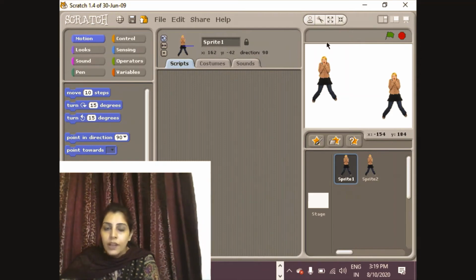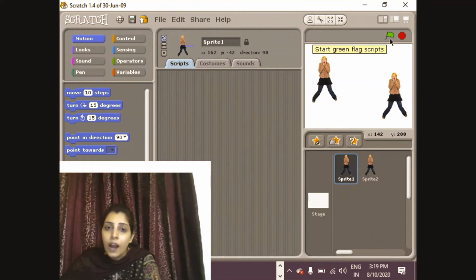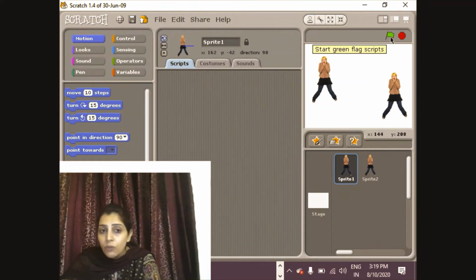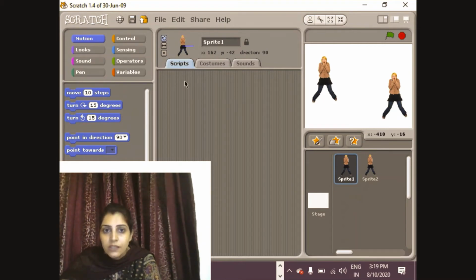Okay. So these are the buttons or options available on the toolbar. Next is the green button and the red button. Green button means a flag, a green flag. When you want to execute your script, whatever the actions I am giving to my sprite will appear here. So this is the script section. Script section means the coding section where you will be giving the instructions to a particular sprite. Those instructions will appear in this window.